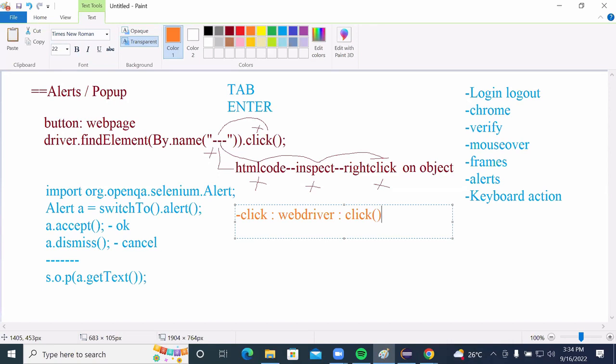But assume that just because of some reason the click method is not working at that particular step. You wrote that code, but somehow the click method is not working. In case the WebDriver click method is not working, we cannot stop the automation. Another alternative option you will be taking is